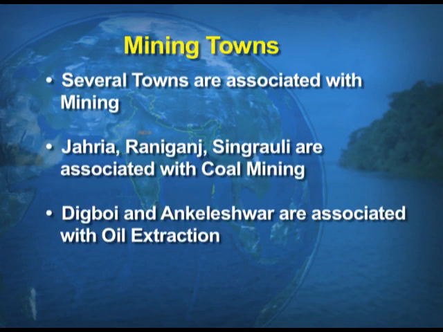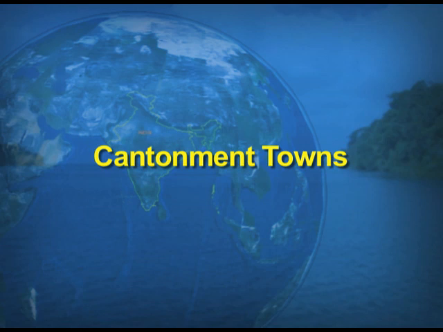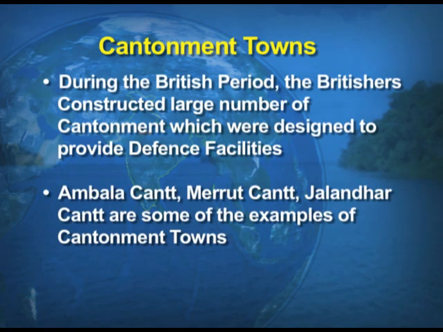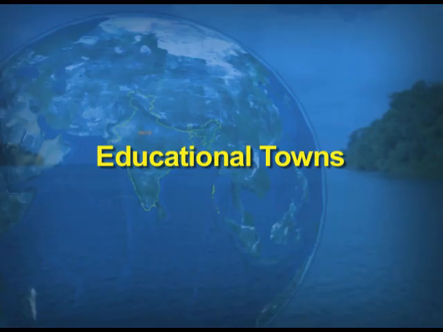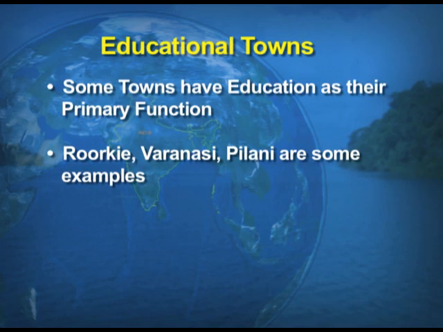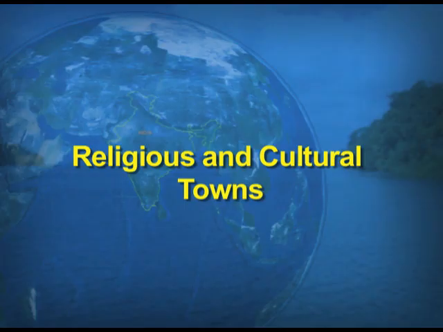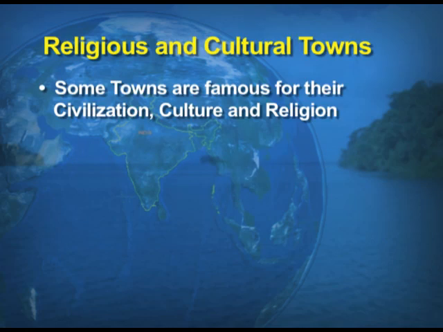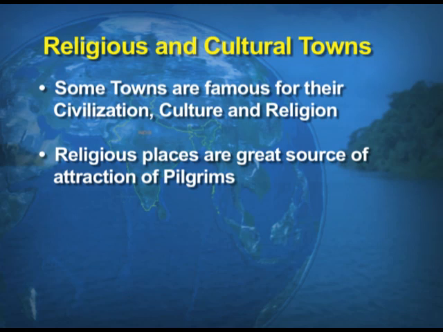Mining towns, where mining activity is the main function, for example, Digboi or Jharia. Cantonment towns, the towns which are basically known for defense facilities, for example, Meerut Cantt, Ambala Cantt. Educational towns, the towns which provide educational facilities to the students, for example, Varanasi, Roorkee, etc. Religious and cultural towns, the towns which are famous for their civilization, culture and religion, and they attract the tourists,